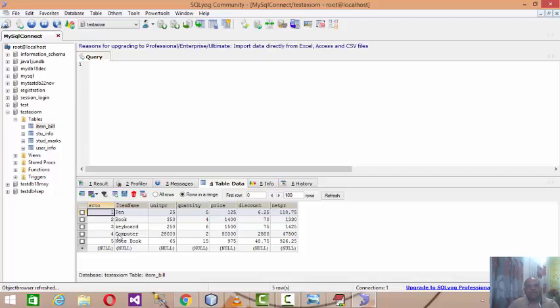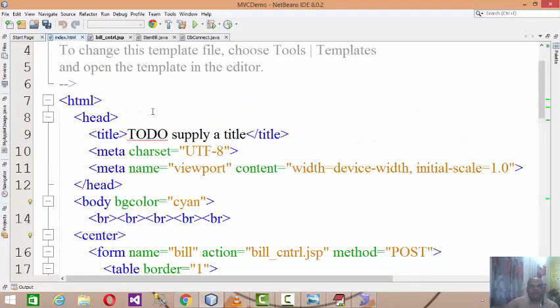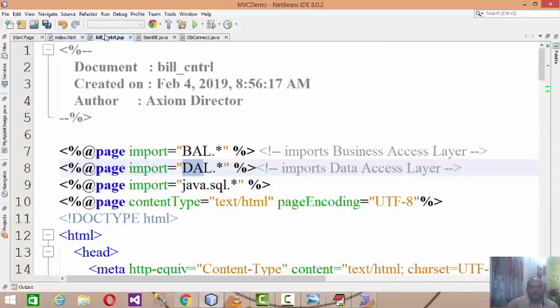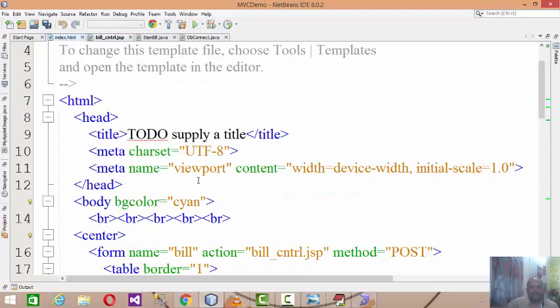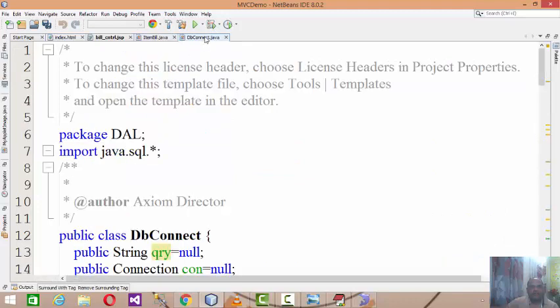Inside that, I created a table by the name of item bill, and then I developed the request form, right? Then I developed a controller.jsp. The request form's posted data will be passed on to the bill control.jsp, and then bill control.jsp refers to the BAL and DAL sections, and in this manner the entire item bill system can be designed.